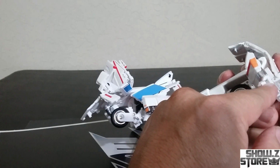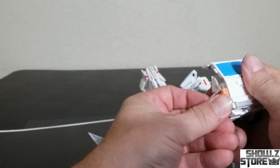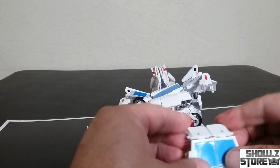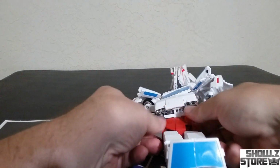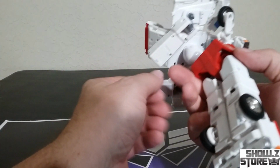So there's a slot tab. So it's like double reverse tabbed. So you got to get both double reverse tabs in place. And now you got the caboose done. This just folds over. That tab's in tight. Tight, tight, tight. All right. Now we're going to get into